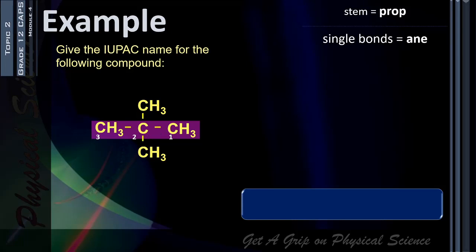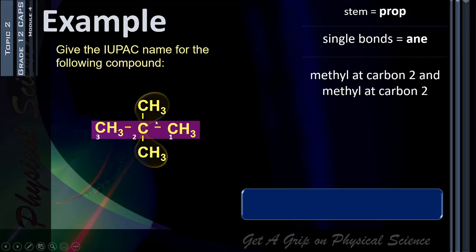Now we name these alkyl groups. In both of these alkyl groups, there is only one carbon in the alkyl group, so then it's a methyl. So we have a methyl at carbon 2 and another methyl at carbon 2. So the name for this molecule then is